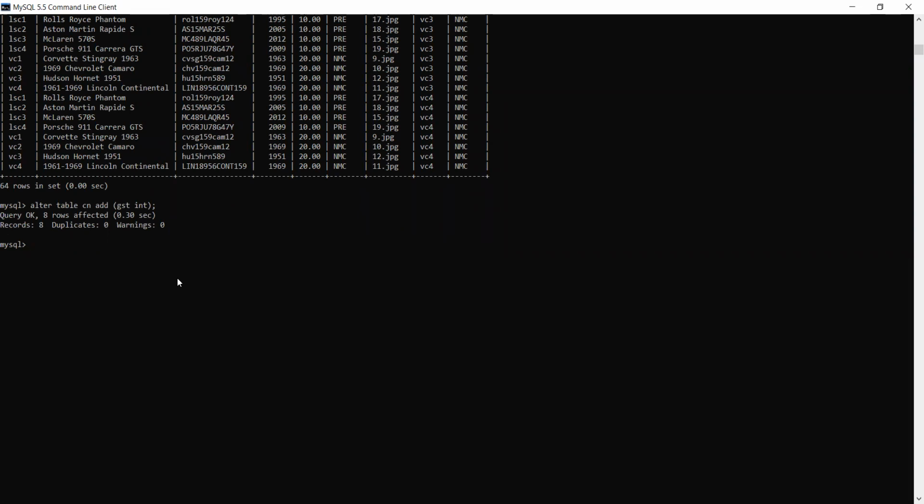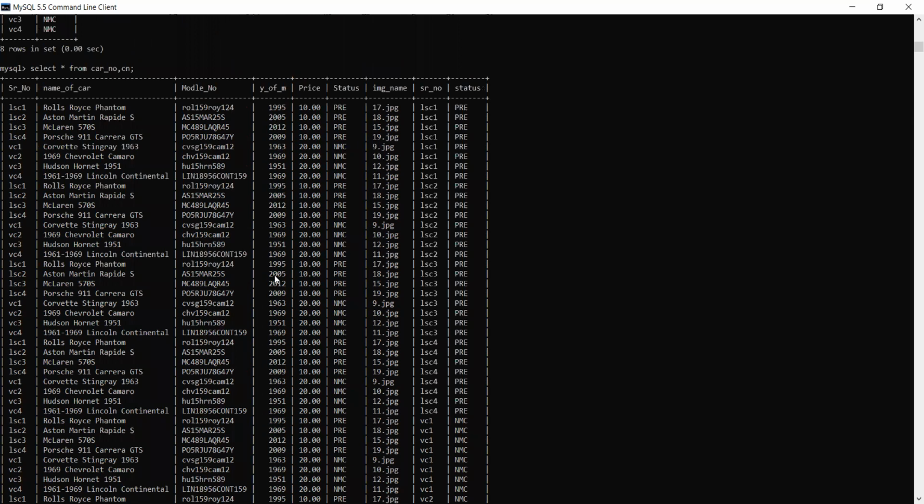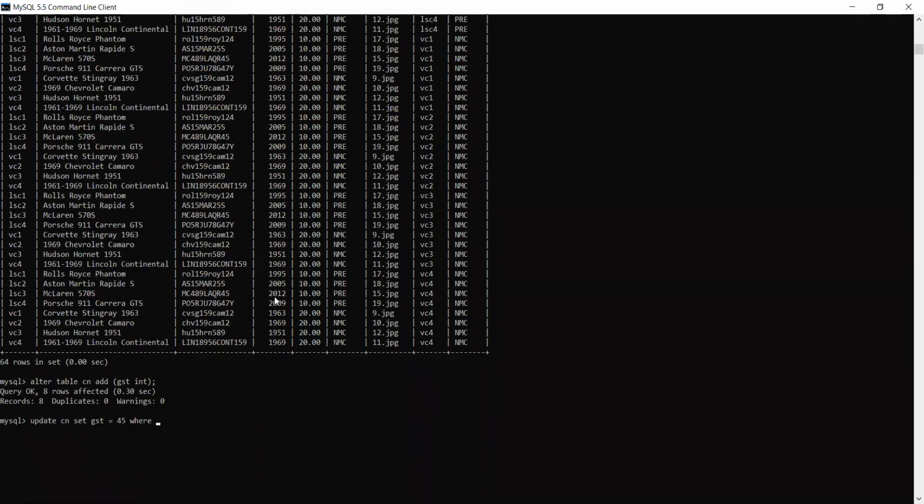Now I am going to update CN and then set GST equal to 45 where serial number is equal to LSC1.